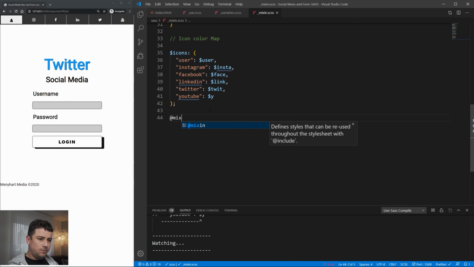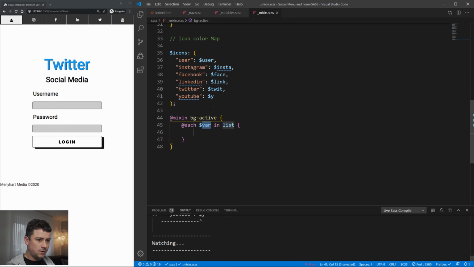Now we're going to create another mixin. I'm going to name this BG active. So when the background color is active. Within this, we're going to create an each. Just type in each, and this is now asking us for a variable. For a variable within a list. Our list name is icons. I'm going to take this, copy it in here. Going to give this a name that we're looking for. So the variable icon name